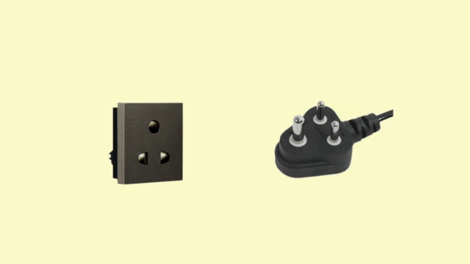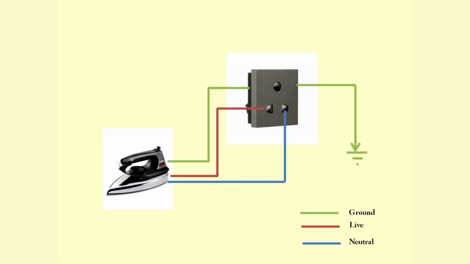If you observe carefully, you will notice that almost all the electrical appliances will have plugs with 3 pins and the sockets will also have these 3 holes. 2 pins of the plug are connected to live and neutral wire and the third pin is connected to the ground wire. The reason is that most of the appliances are made up of metallic parts and whenever a fault occurs or a live wire touches these metal parts, then the leaked current is immediately passed to the earth.